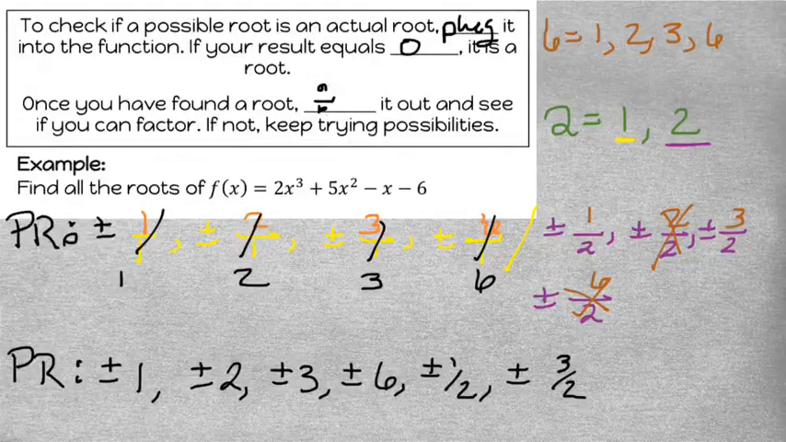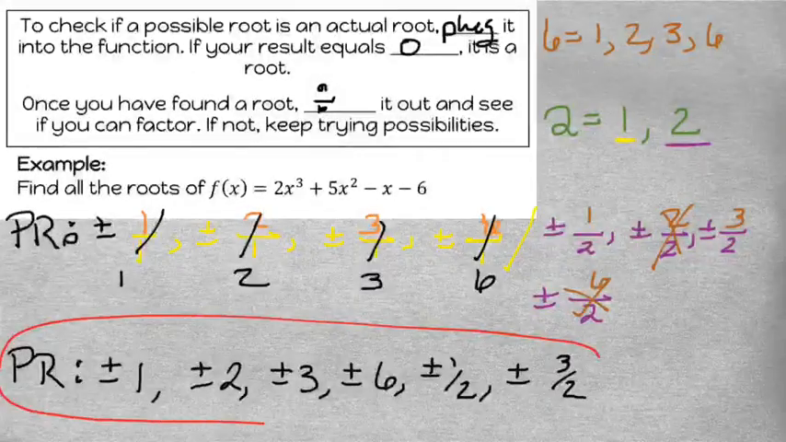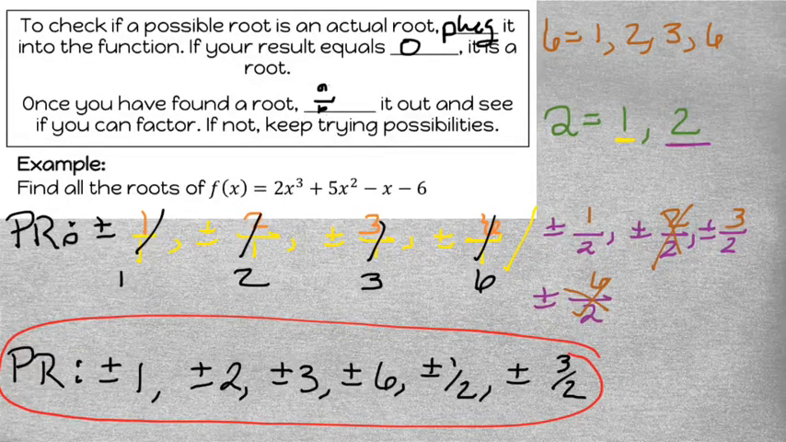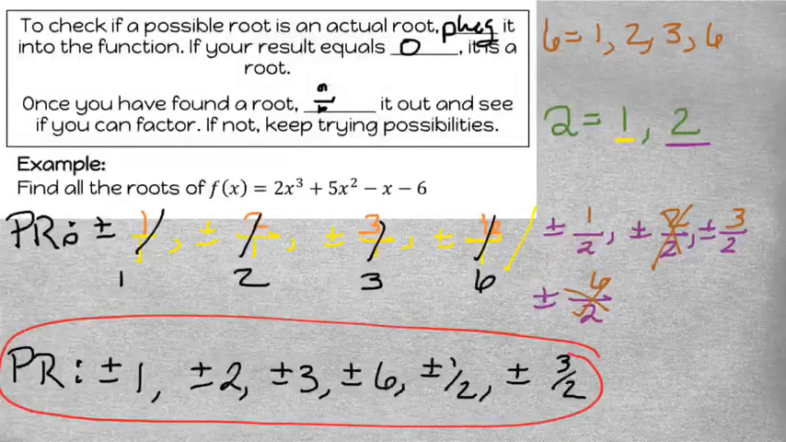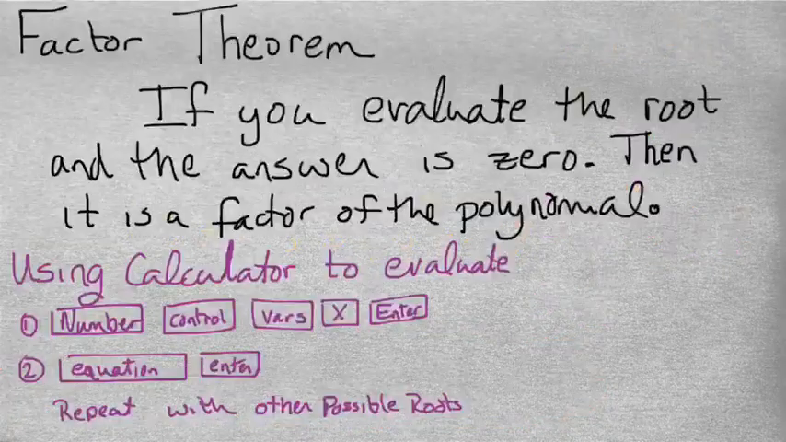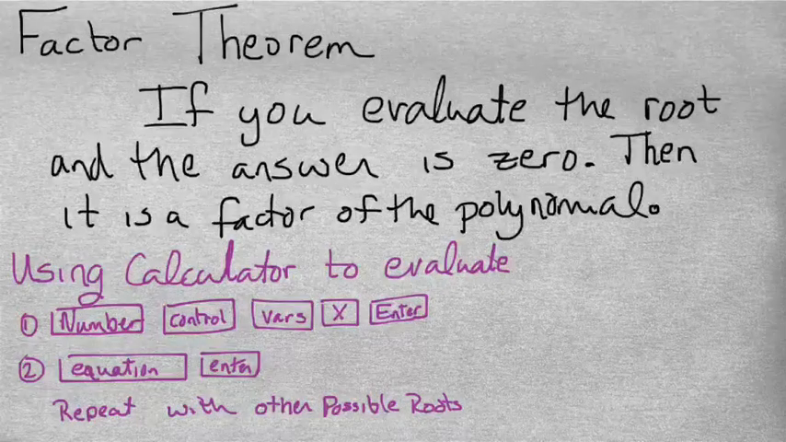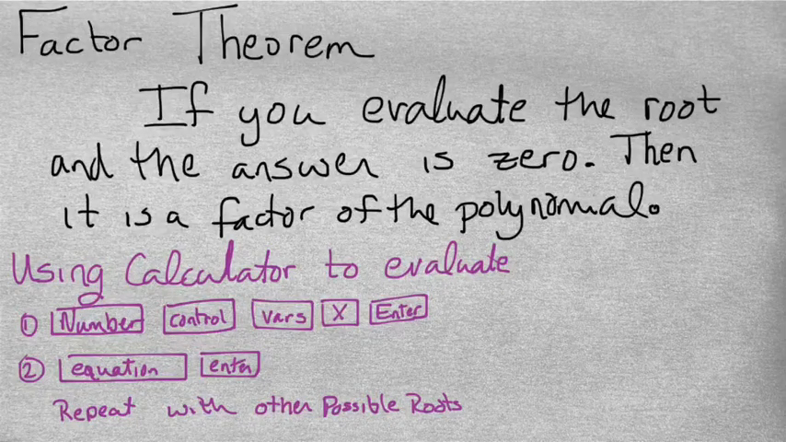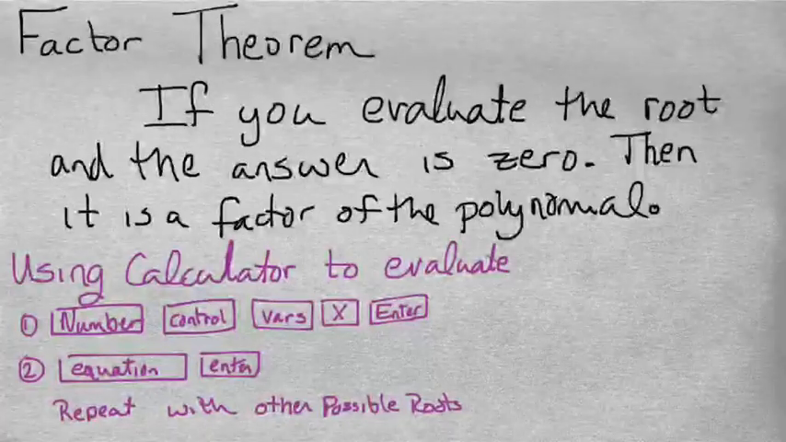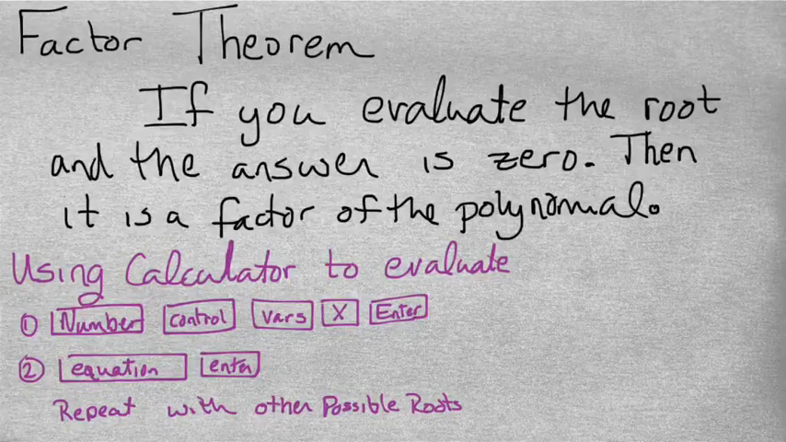And so we found the list of the possible rational roots down here at the bottom: positive and negative 1, positive and negative 2, positive and negative 3, positive and negative 6, positive and negative 1/2, and positive and negative 3/2. But what we're going to do is actually find out which of those factors work. There's a couple of different ways to do it, and I'm going to teach y'all with the factor theorem to help narrow down the list, and then we'll go into